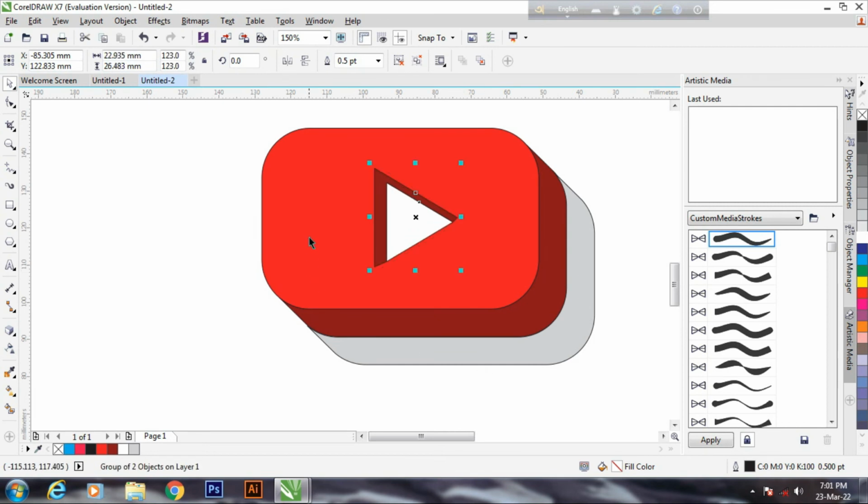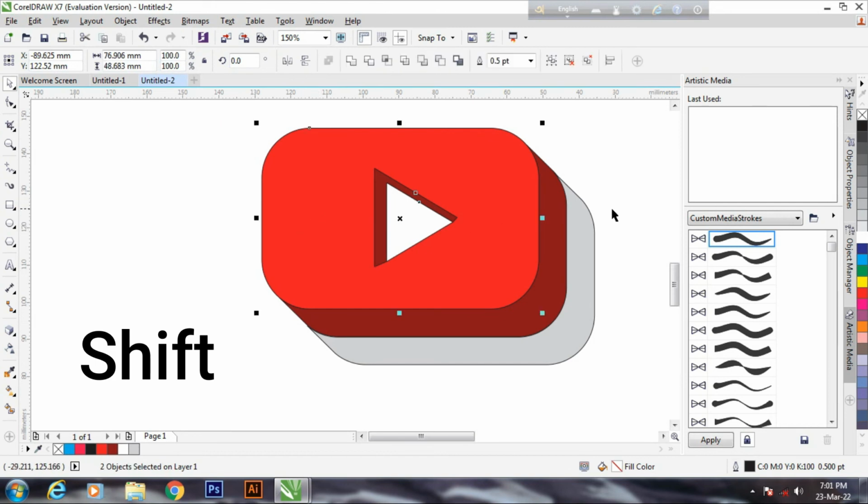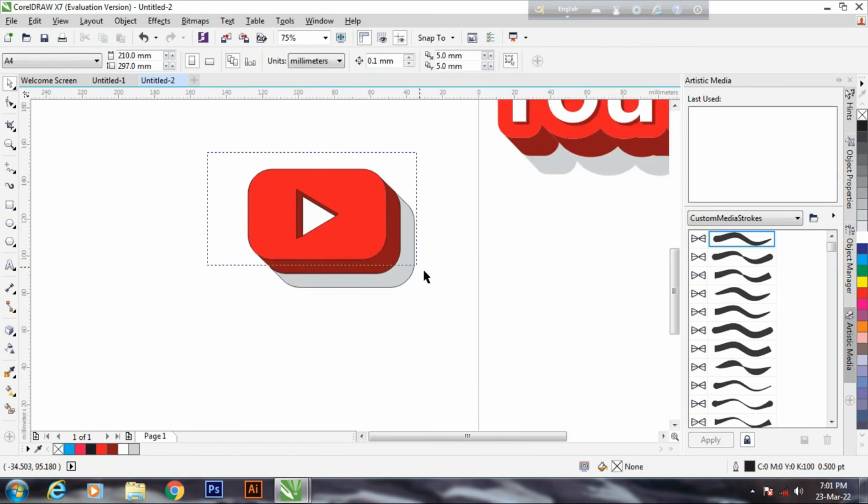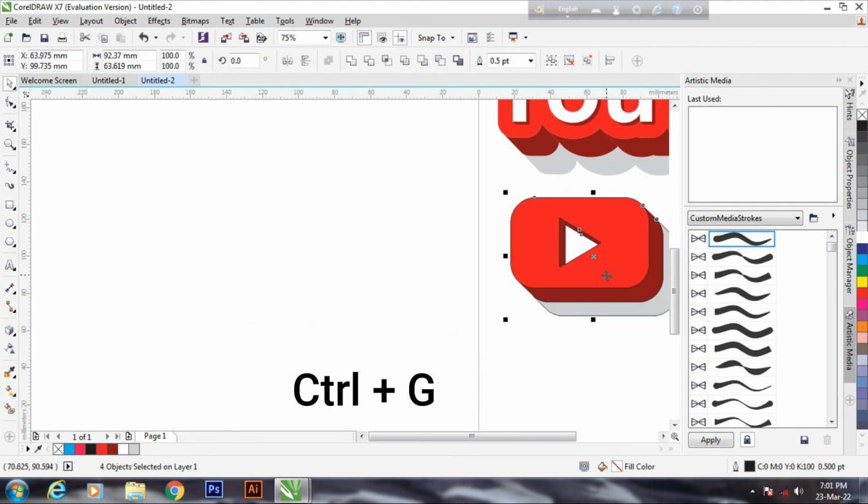Okay, now shift press and click here, C on the keyboard. Now ready the object, Ctrl G for group